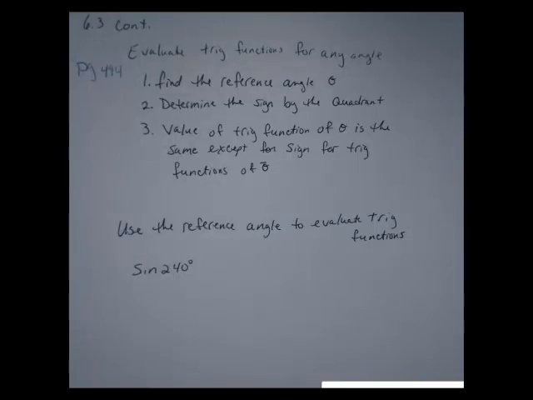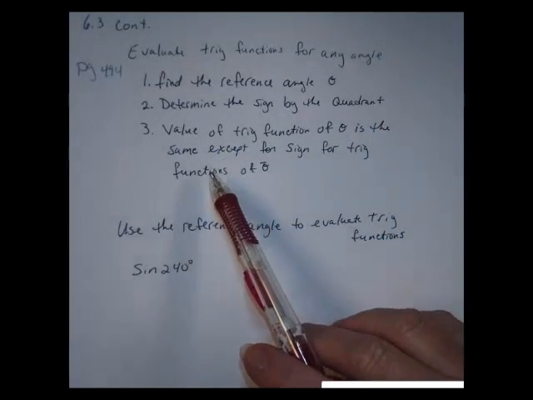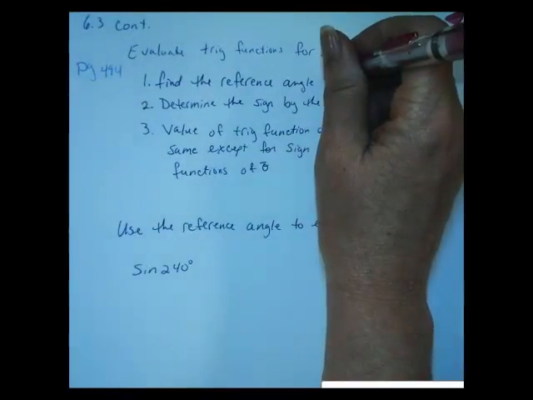So the directions that we have here for evaluating these trig functions for any angle is to find the reference angle theta, determine the sign by the quadrant. The value of the trig function of theta is the same except for the sign for trig functions of theta bar. Remember, theta bar is going to be that reference angle. So if we're finding the reference angle, and that is theta bar,